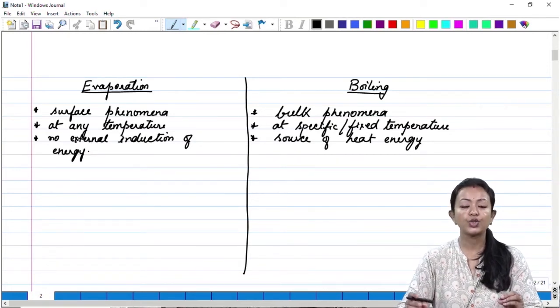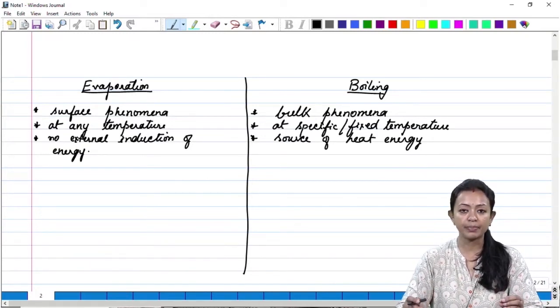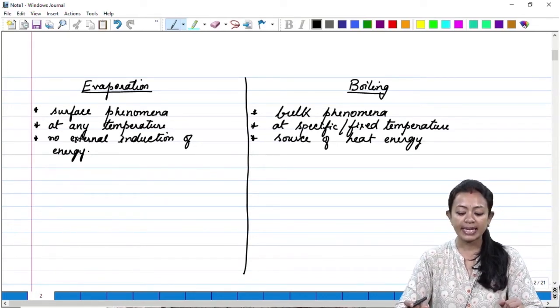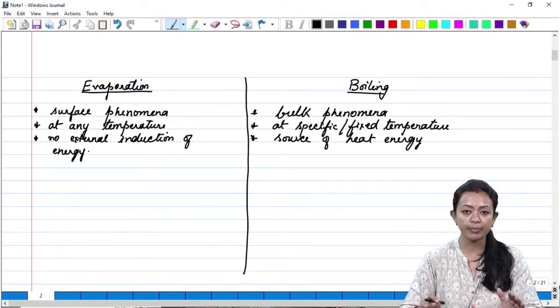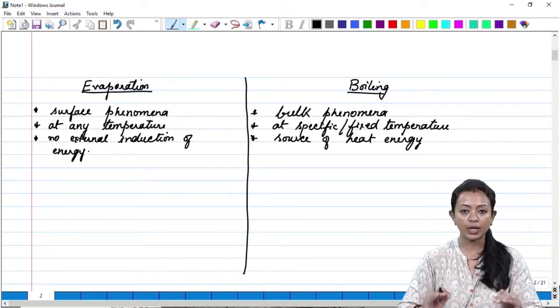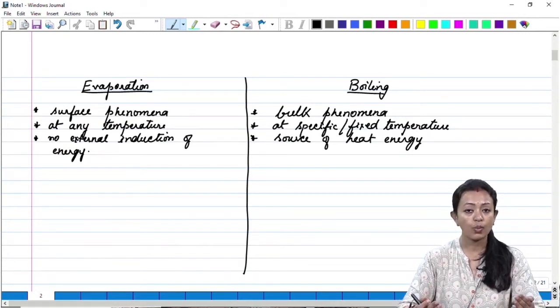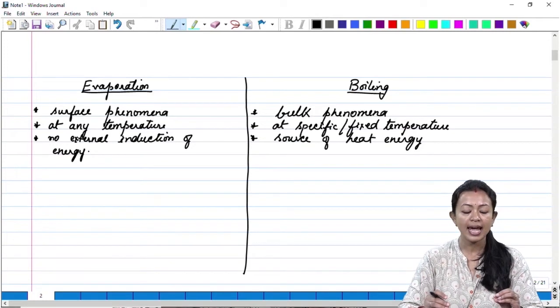But in case of boiling, you have to subject the system, the liquid, to a specific temperature so that the boiling can start. So I suppose this is understood by you, that evaporation is a surface phenomenon. It is only the topmost layer particles that will change from the liquid state to the gaseous state. Why? Because they absorb the energy from the surrounding, due to which their intermolecular spaces increase, they free themselves from the attractive forces, and thus they move away from the liquid and get converted into the gaseous state.